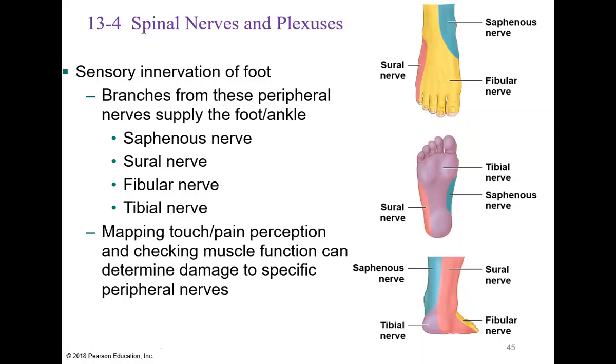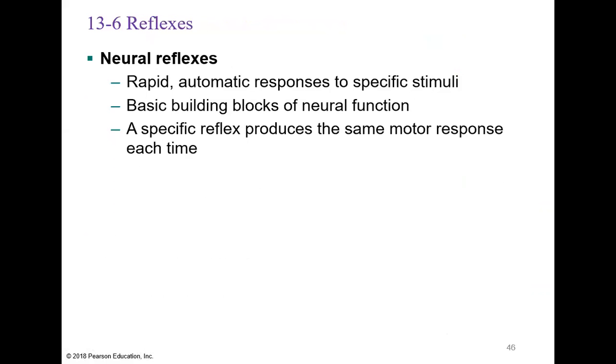That is definitely significant, we need to go back and see what is going on either within the peripheral nerve itself or go further up the spinal cord to evaluate for any nerve damage. That's why we want to make sure that we understand where these different areas are where we can check to assess for proper nerve function. Now, as we've gone through all of that, regardless of the plexus, regardless of where it's at from the cord, regardless of the name of the nerve, whenever we're talking about reflexes,